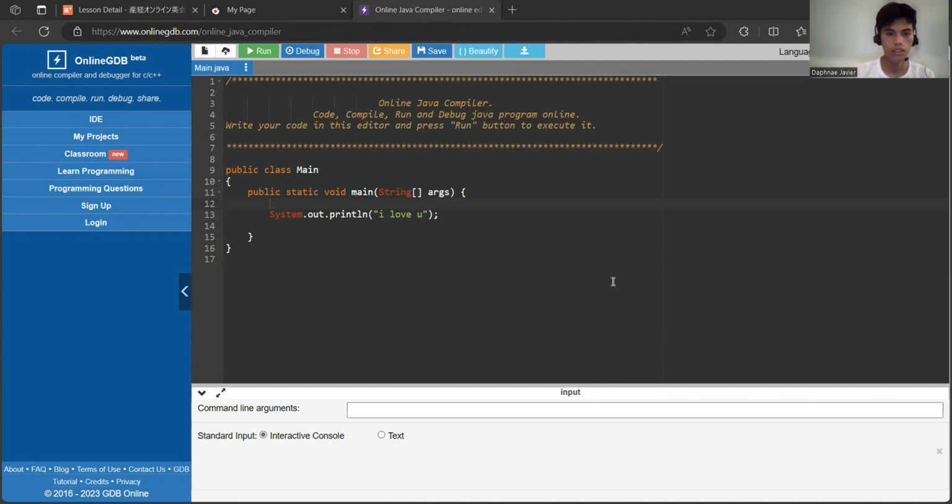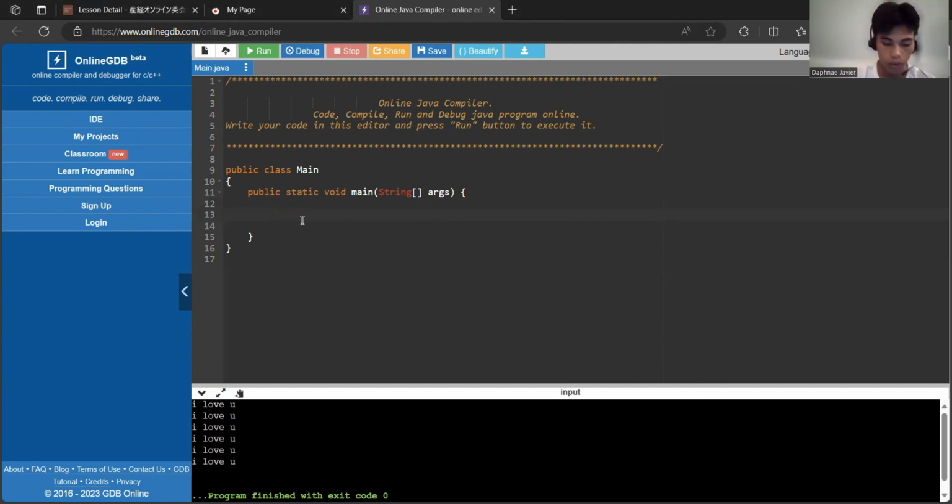So first we discuss the for loop. Here we have a for loop, and I code it first before I explain. For int i equals 0, then i less than 5, then i plus plus,